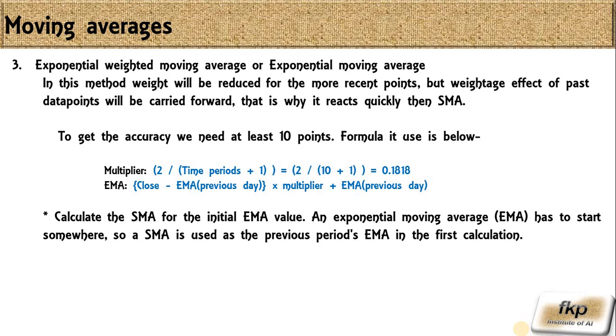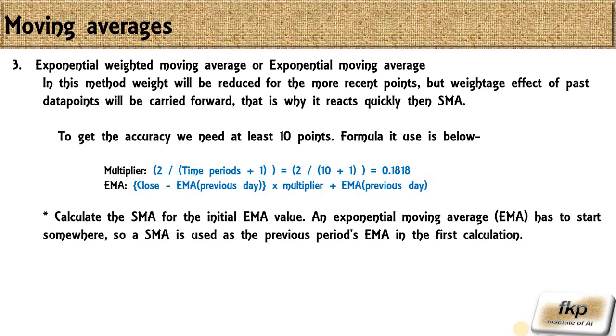The third one is the exponential weighted moving average, or people call it the exponential moving average. When you search on the internet, the terminology can get very jargon-heavy. So stick to this definition and stick to this name. Hereafter, if you browse information from the internet, you won't get confused. That's my suggestion.